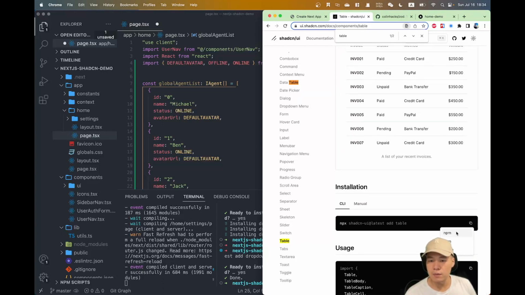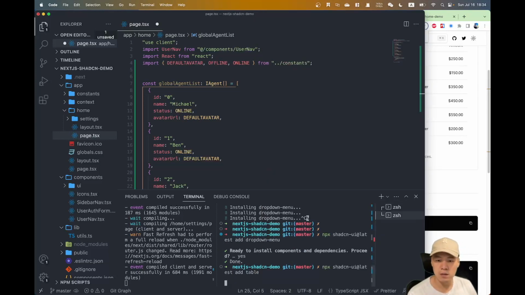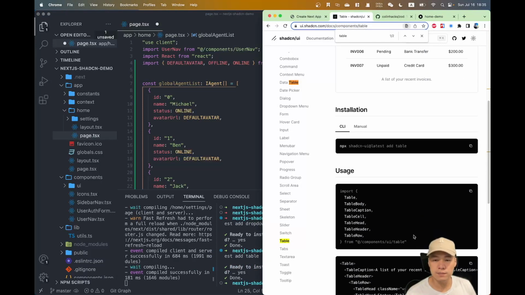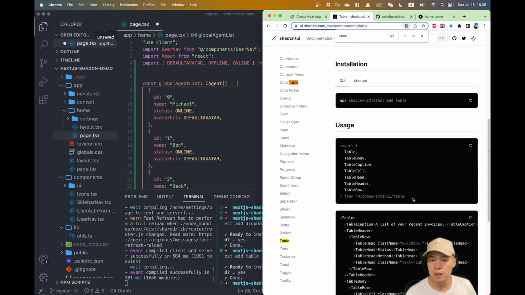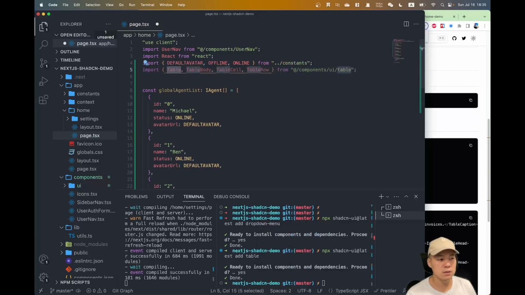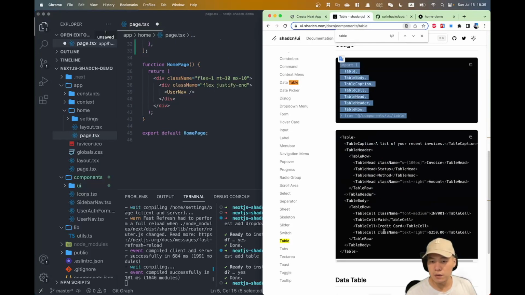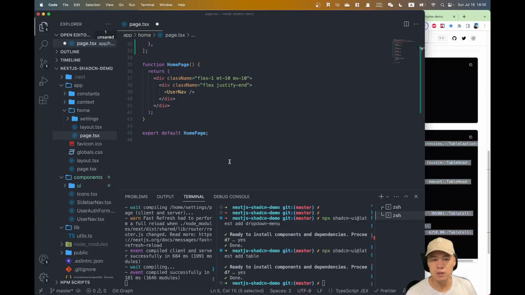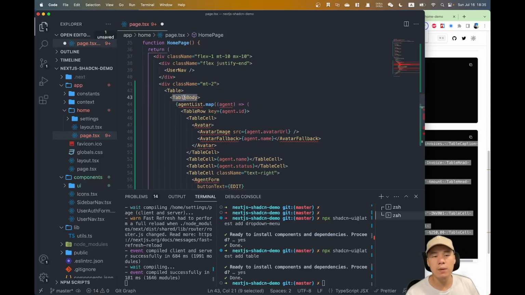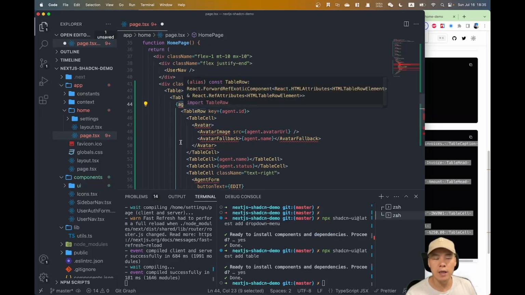So we need to download the table. You get that table downloaded, and then import the components, import the table components. So you can just copy that and modify it to your style. And here we have a table body. Then on the table body, we're going to loop through the agent list, and on each agent